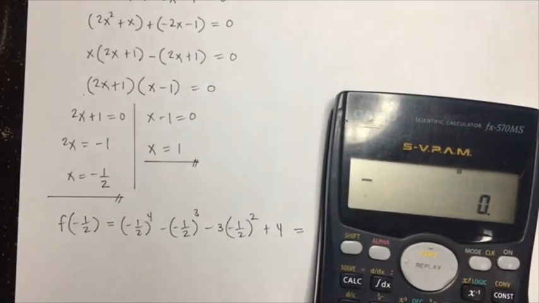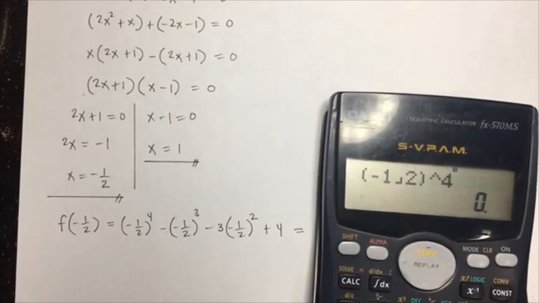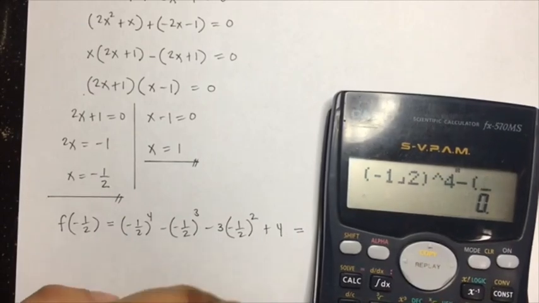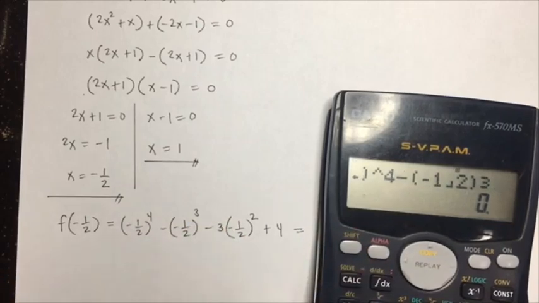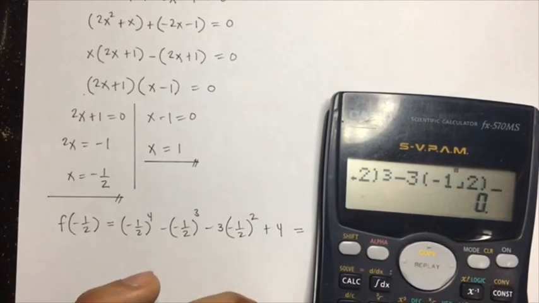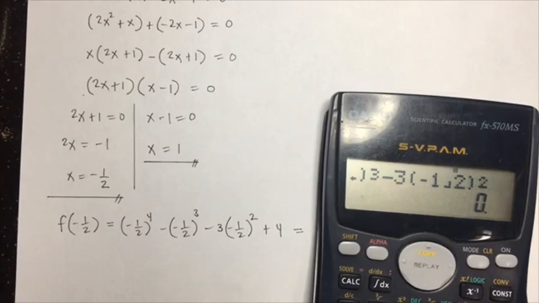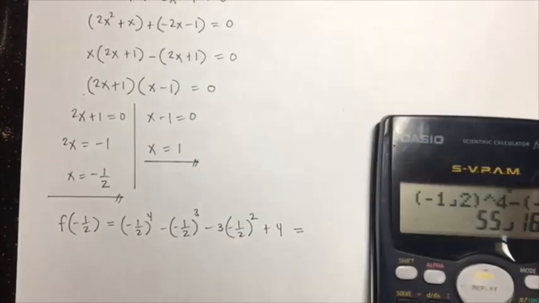So we'll have negative 1/2 raised to the power of 4 minus negative 1/2 cube, minus 3 multiplied by negative 1/2 raised to the power of 2 and plus 4. Okay, so 55 over